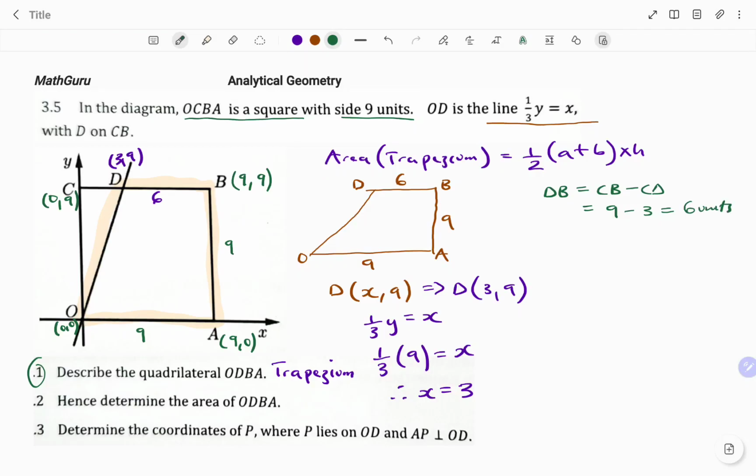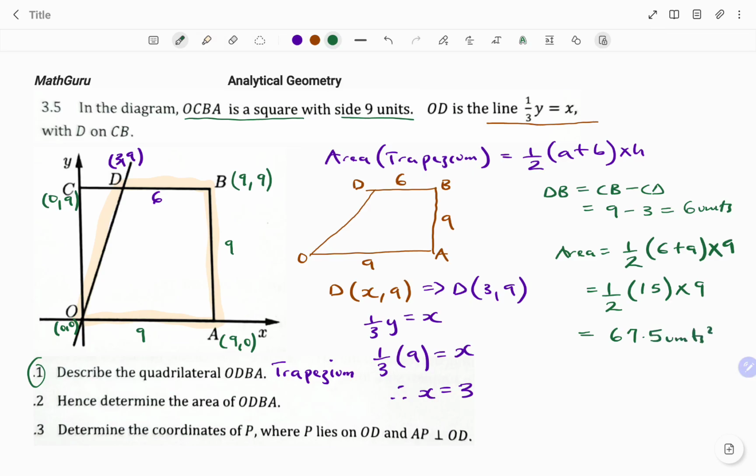Therefore, to find the area, I have area equals 1/2 times the two parallel sides, that's your 6 plus 9, times the perpendicular height, 9. I have 1/2 times 9 plus 6, that's 15, times 9. Therefore, the area of the trapezium, or the shape ODBA, will be